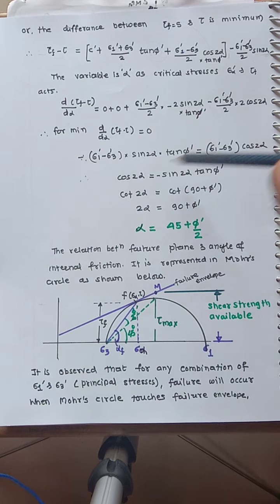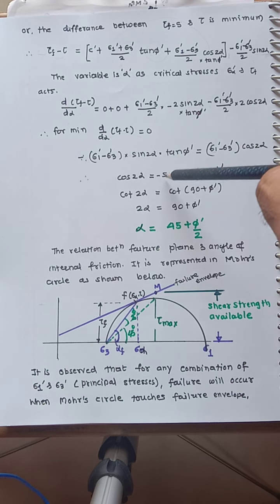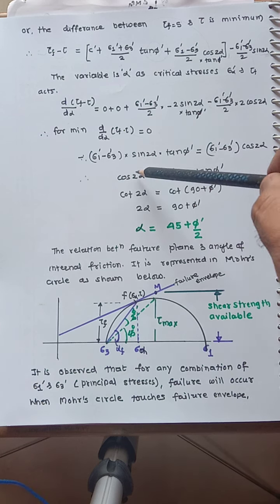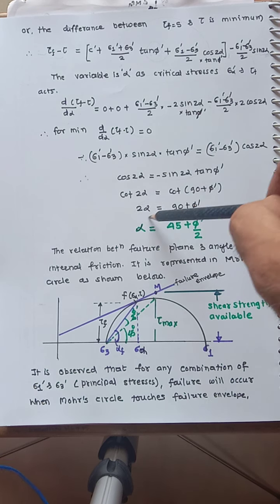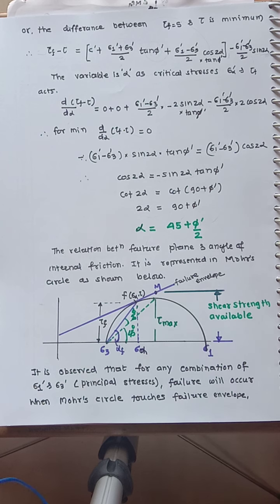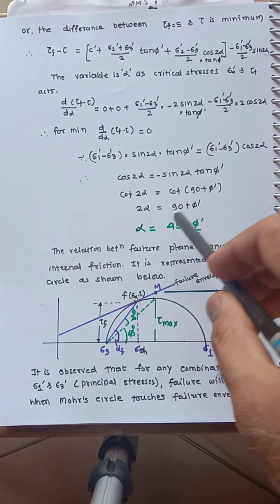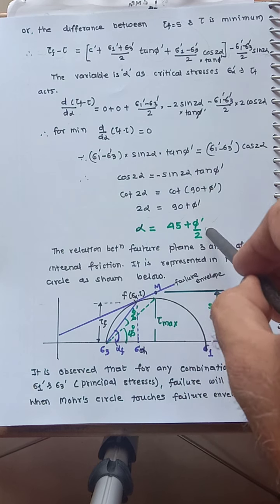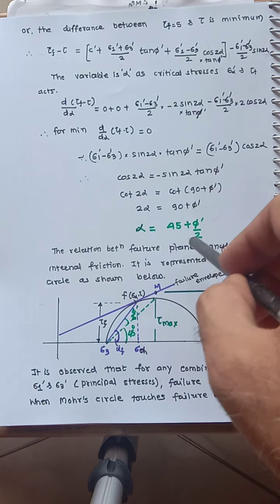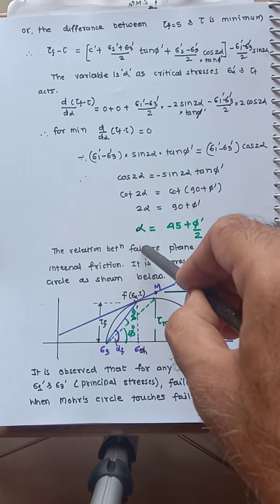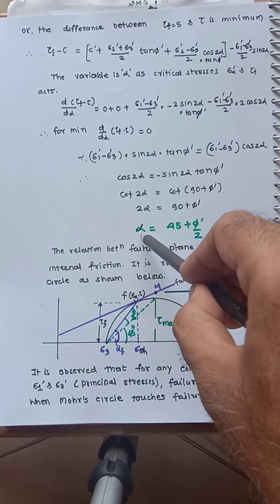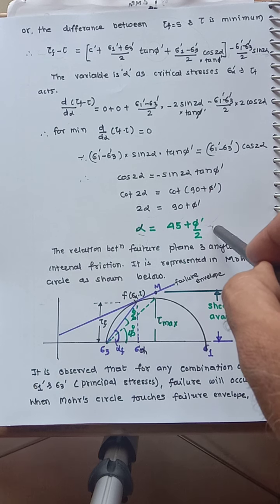Taking the common terms, alpha on one side, and phi on the other side. So you get, and simplifying, you get alpha is equal to 45 plus phi by 2. This condition is the resolution condition. We change the concept of the failure, the meaning of this alpha. Now alpha means 90 plus phi, alpha means 45 plus phi by 2. The relationship between the failure plane, this is the failure plane, and the angle of internal friction,